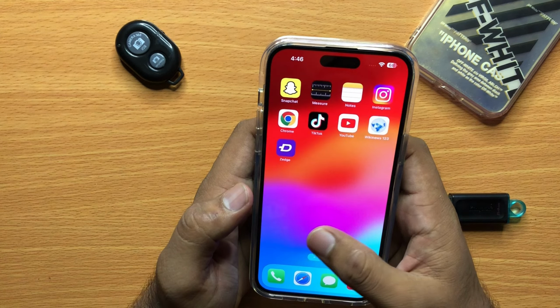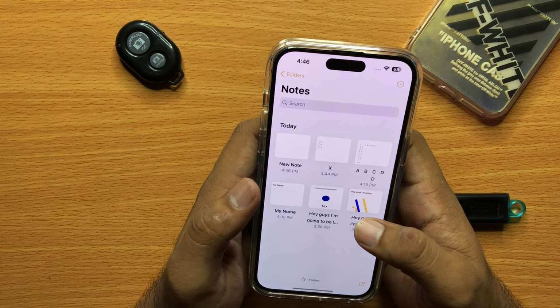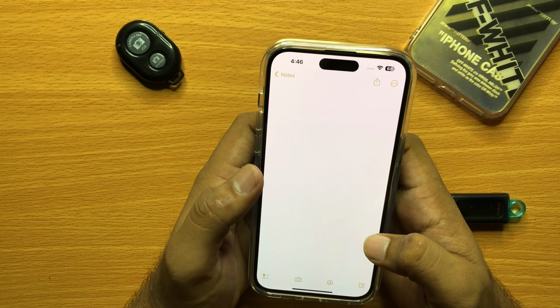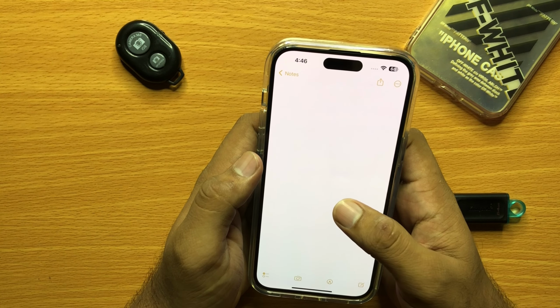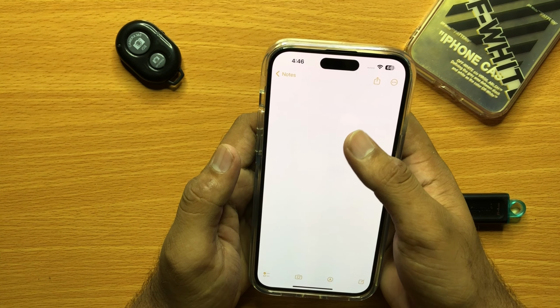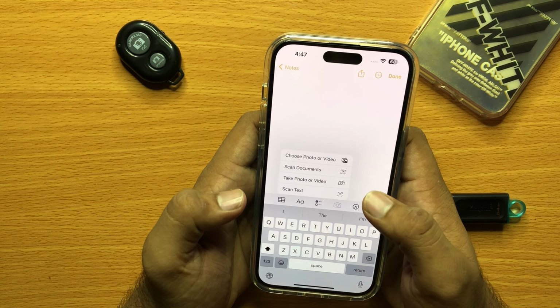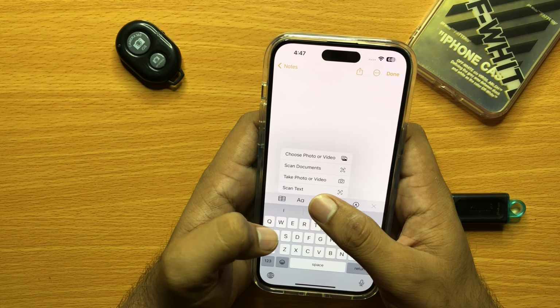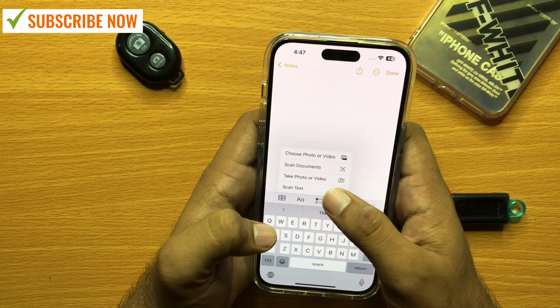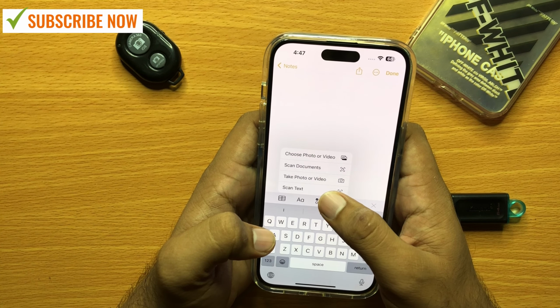So first of all, open Notes, then open a new note. Now click anywhere on an empty space and then click on this camera icon. Now on the third option you will see Take Photo or Video. Click on Take Photo or Video,